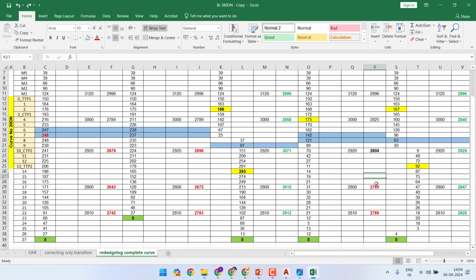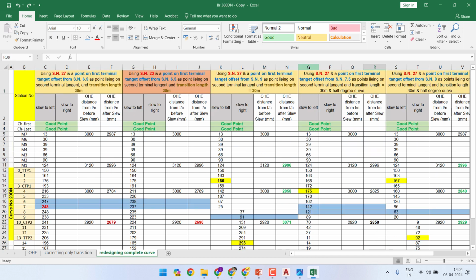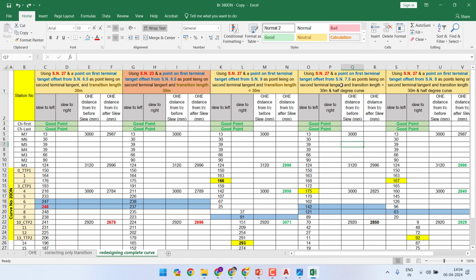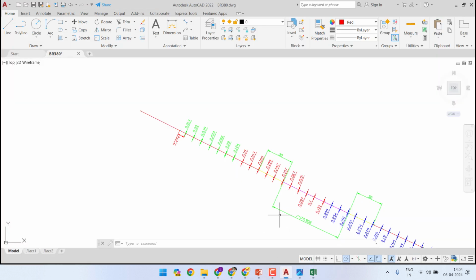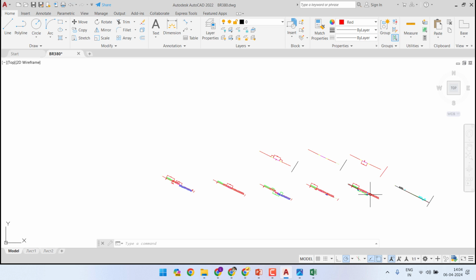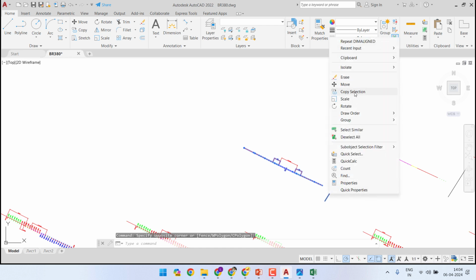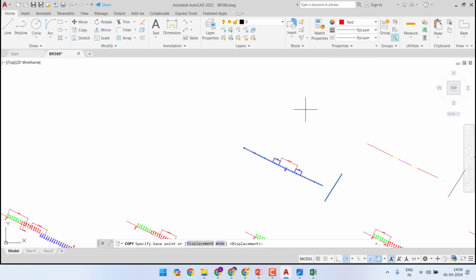will be not acceptable. But before doing that, let us also draw it, not to do too much short circuiting, otherwise you may get confused. So we will do a third solution. We will repeat it again. Let me just select this only, copy selection,